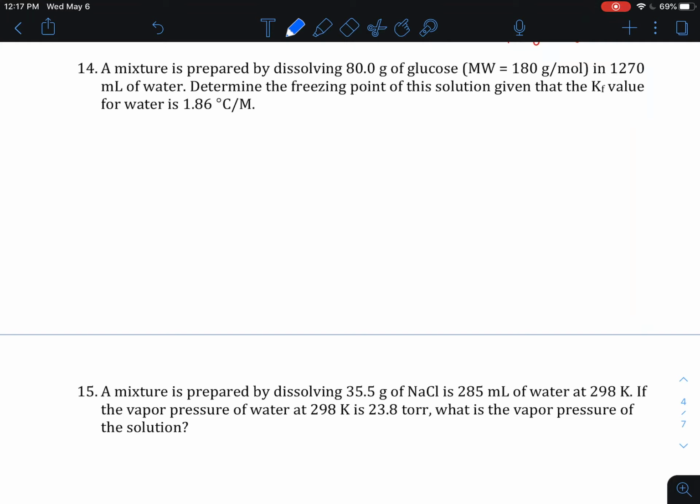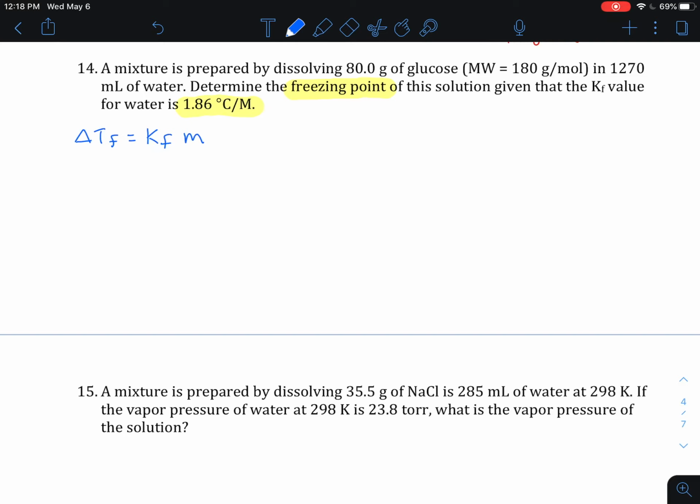All right, I'm gonna go ahead and do the second half of the final exam review, starting with number 14. So it looks like here we're trying to find the freezing point. So we have the important information we need here. We're given the constant for the equation. Remember, the equation would be the change in freezing point is the freezing point constant for water times the molality